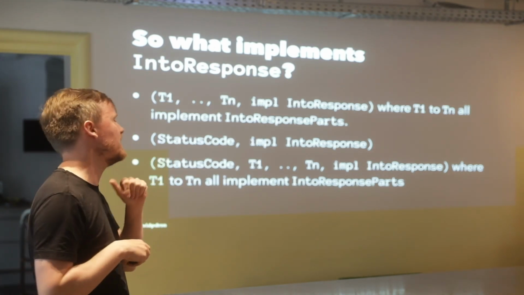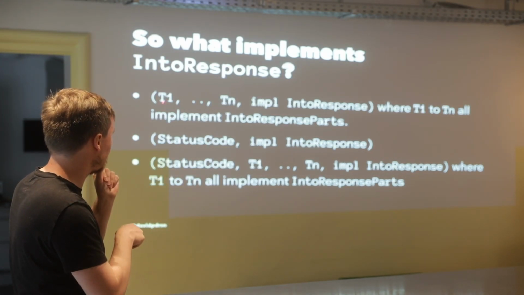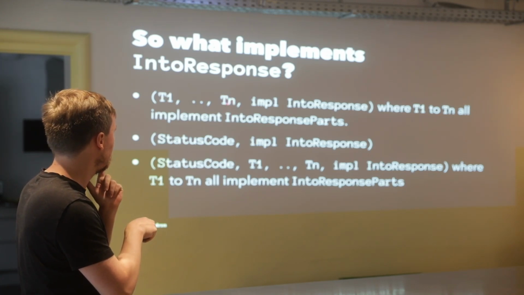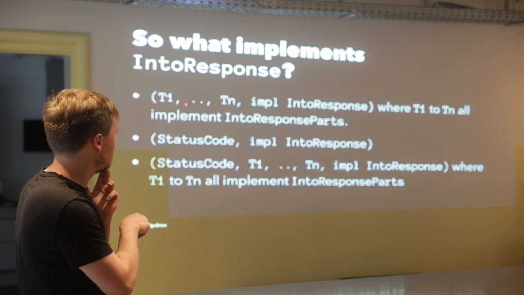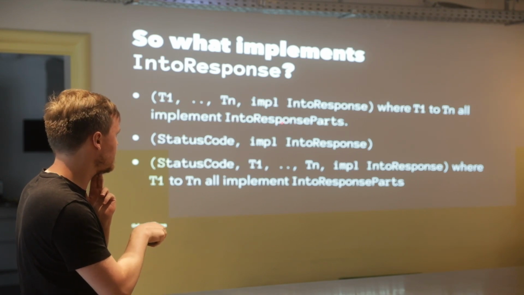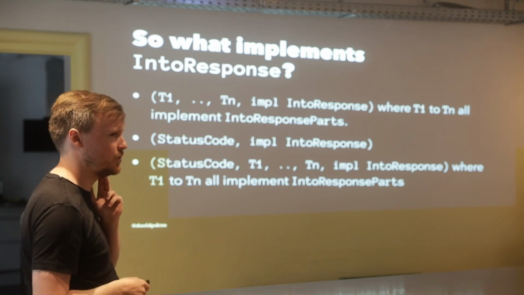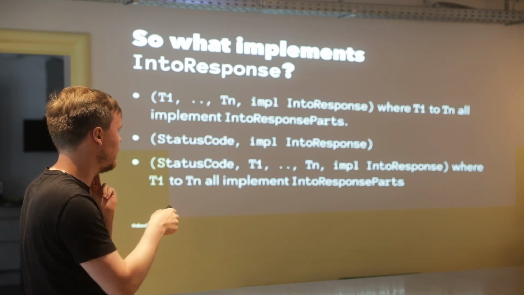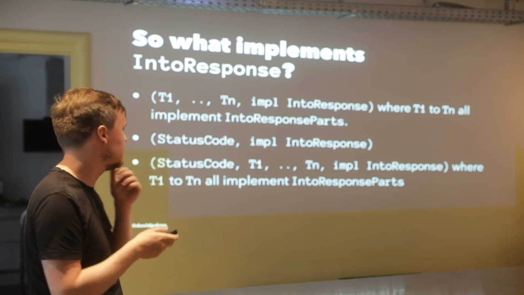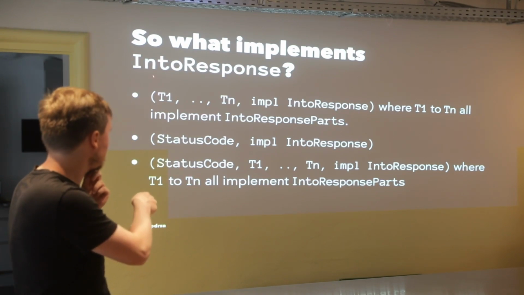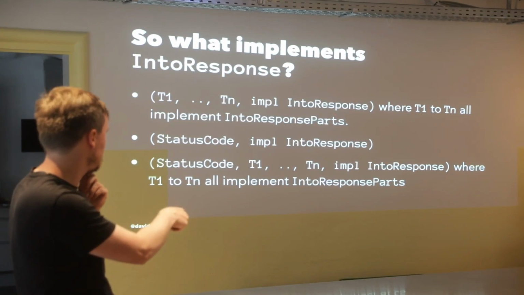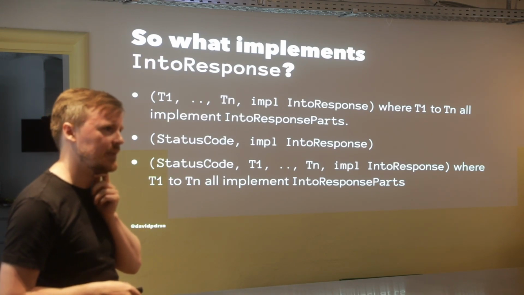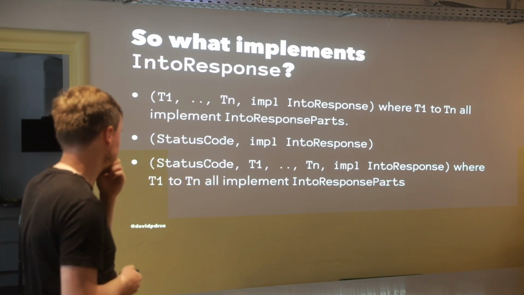Like what actually implements IntoResponse? Well, a tuple of T1 to Tn, at most 16, where all these Ts in front implement IntoResponseParts, and the last one implements IntoResponse. So that means that when you see one of these big tuples, there should be no question about what the status code is. Because if the first one is not a status code, you can see that it implements IntoResponse as well, then the status will be the one that's on the last element. It couldn't possibly be anyone else.